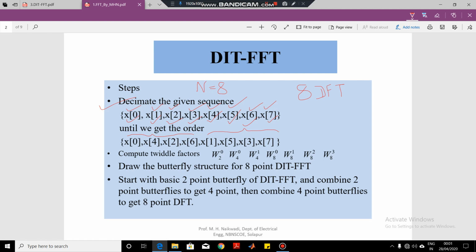This change in the order of the sequence is called bit reversed order. What is the meaning of bit reversed order? We will see in the next lecture. So remember the first step of decimation, and this decimation is in the time domain,